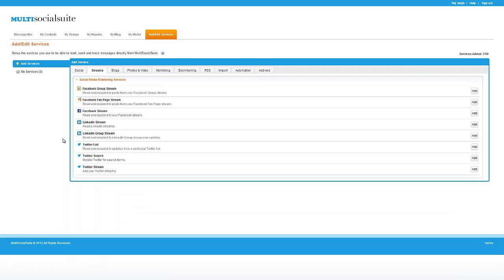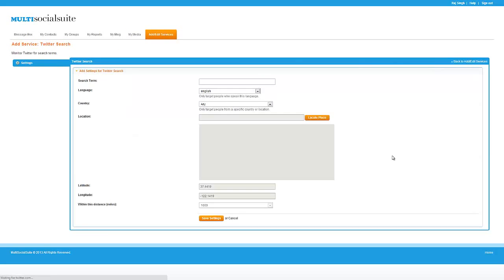Now the Twitter search is very powerful. It's almost like doing a web search in some of either Google or Bing or Yahoo, etc. The thing is that the content which is generated as your results is real user content, real people sending out real tweets, which makes it all that more personal. So if I go to a Twitter search and click Add,